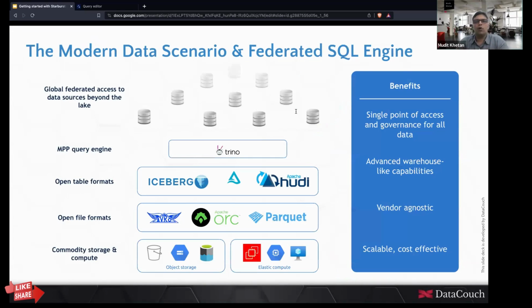Now, when we talk about the modern data scenario and the need for a federated SQL engine, let us understand it from a different perspective.